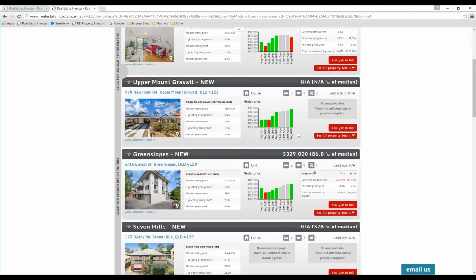The graphs are specific as well, just gives you the median listing history for the last 5 years. Green just indicates there's been an increase from the previous period. Red means there's been a drop. Grey just indicates either an increase or decrease, but it's just indicating that it's a period of 3 months instead